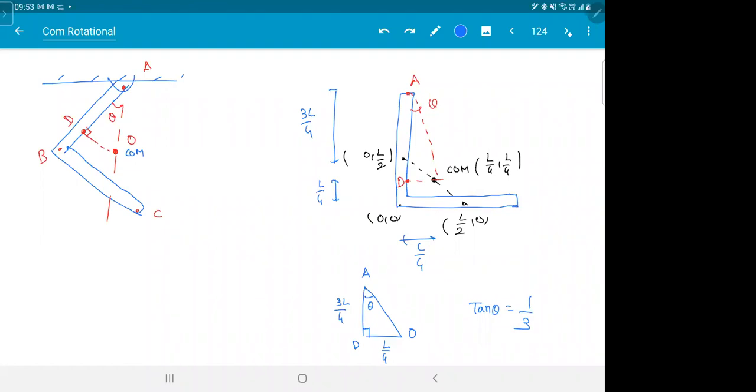Clear with this? Any doubts? So if you say it is all about locating the center of mass, you might have thought the chapter is over, but this is how we use it. Center of mass will keep coming. Everything in physics will keep popping up. That is the best thing and the bad thing about the subject.